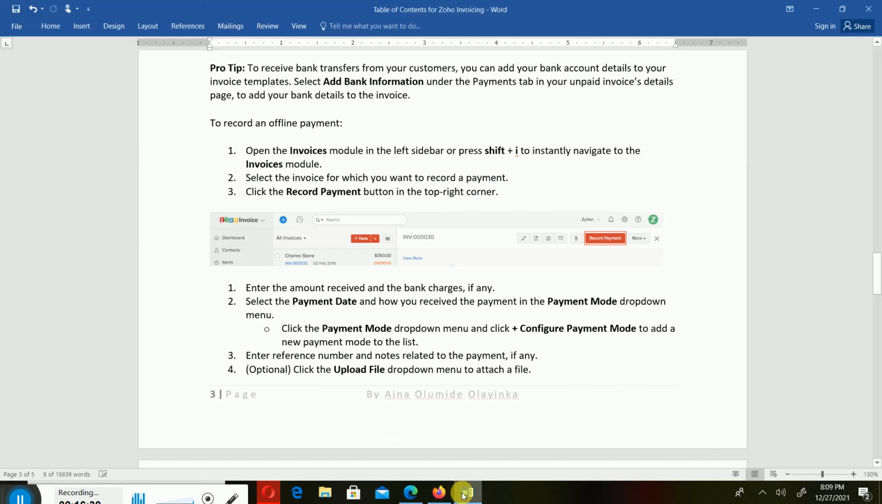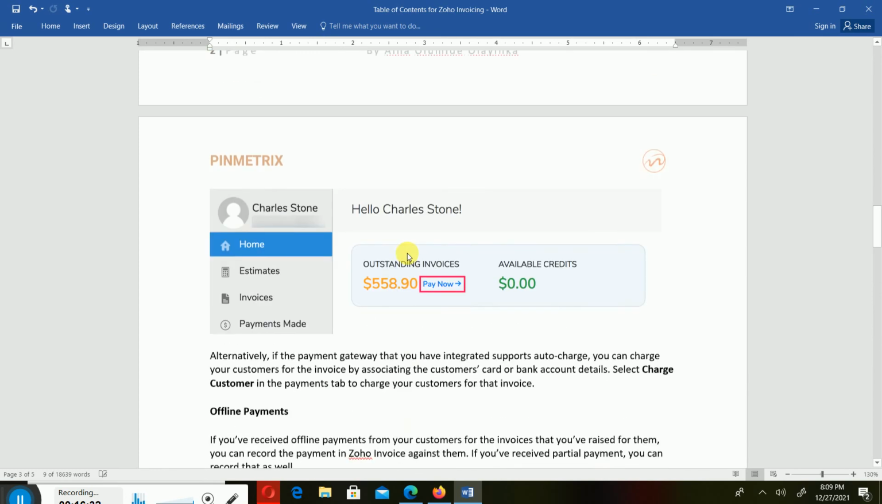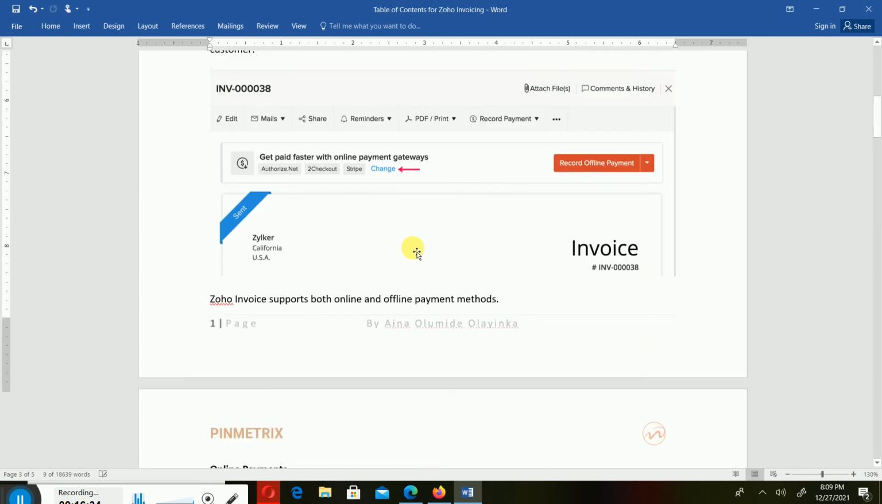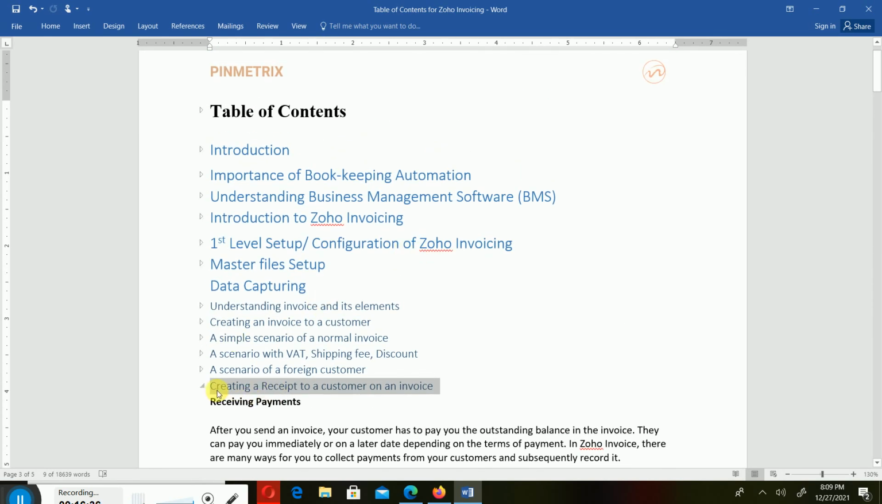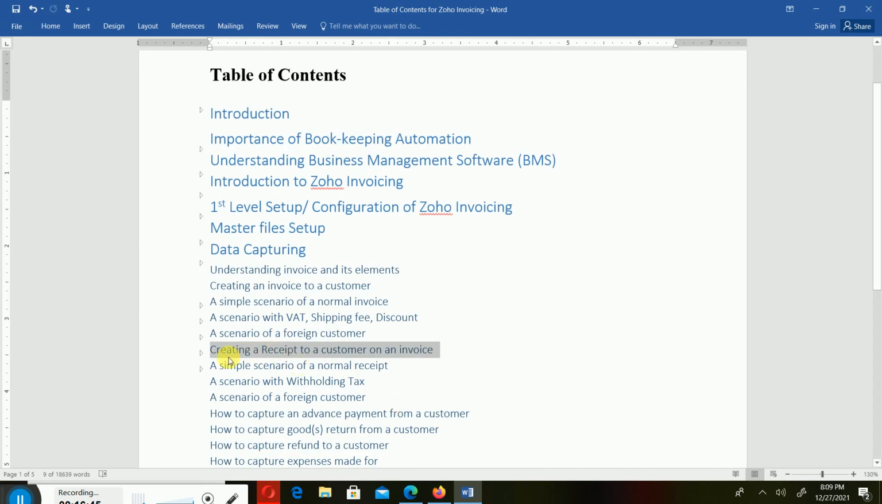Let me see if there are still some payments we need to do based on scenarios. Okay, so creating a receipt. Okay, so we'll still come back to this. A simple scenario of a normal receipt. Okay, so let me